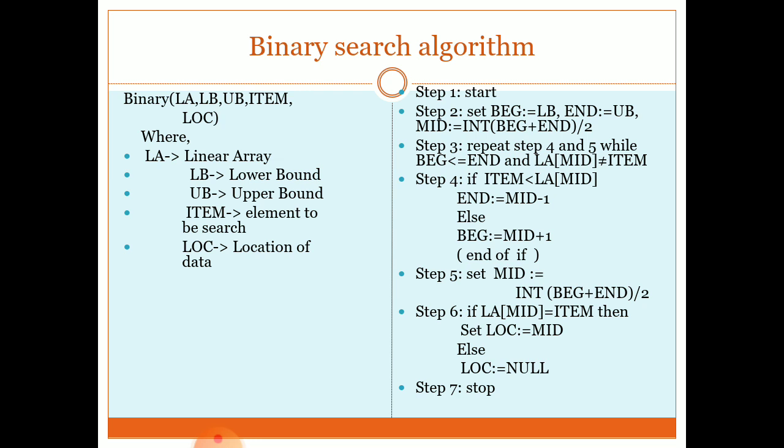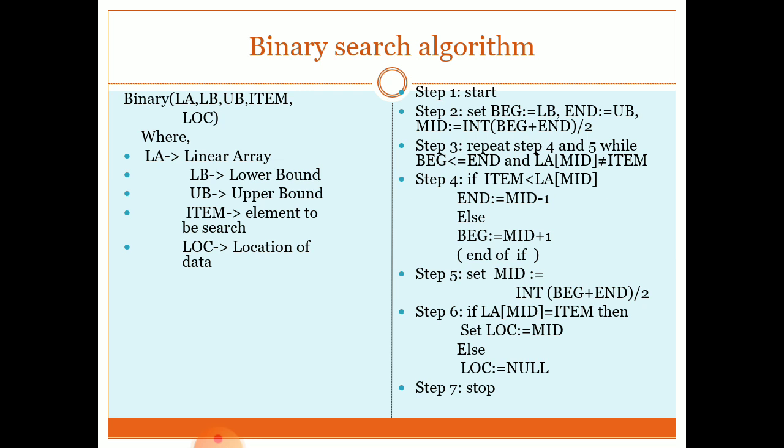So now in step 4, what I will do first of all, using the formula from step 2, is find the middle positional element. Then I will compare the element which I want to search with that mid positional element. So if the item which I want to search is less than the mid, then obviously I know that I don't want to check the right hand side part. I know that the element which I want to search, if it is present, is on the left hand side. How can it be on the left hand side? Because I just compared that element with the middle element.